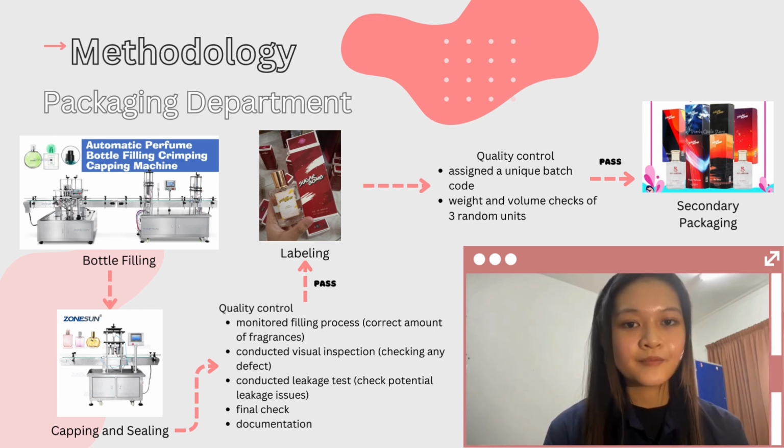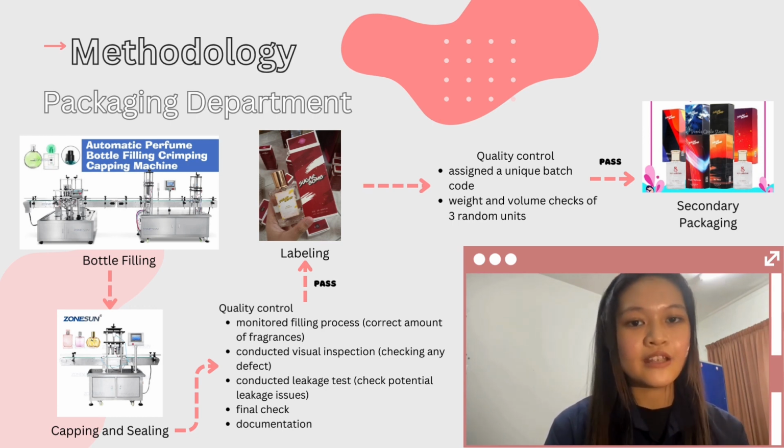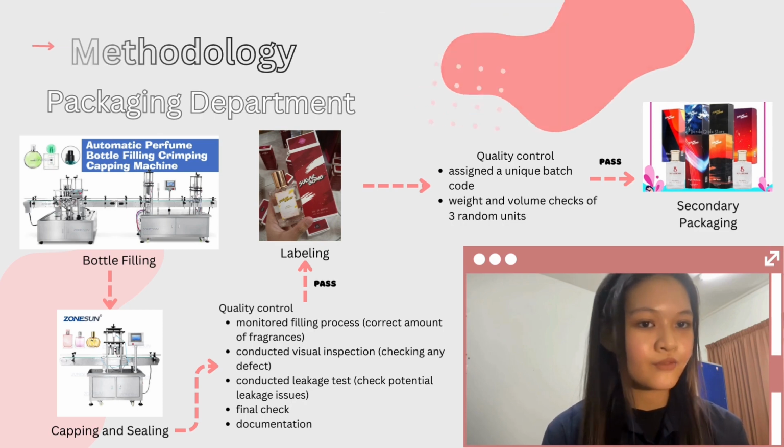This test verifies that the actual weight and volume of the perfume match the specified values. If it passes the process, it goes to the next process, and if it fails, it terminates the process. The perfumes are then ready for secondary packaging, which usually involves placing them in designed boxes or cartons, which may also be labeled or printed with brand designs and information.